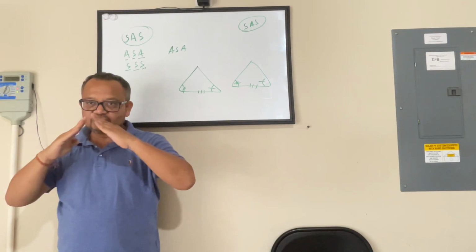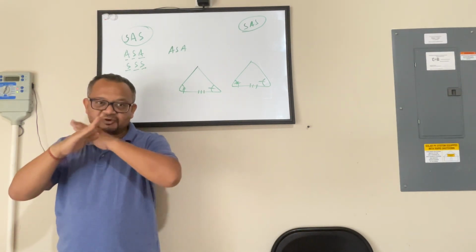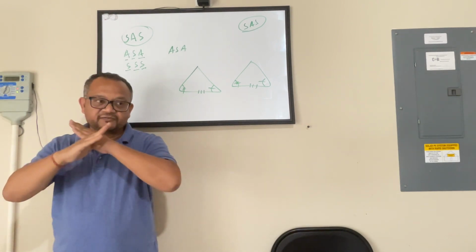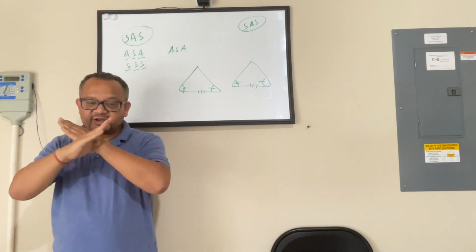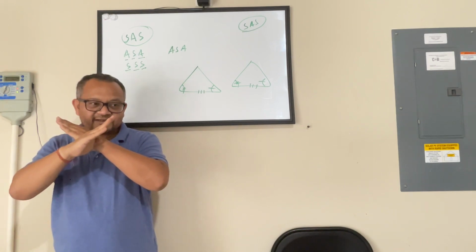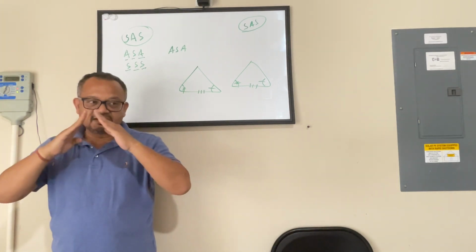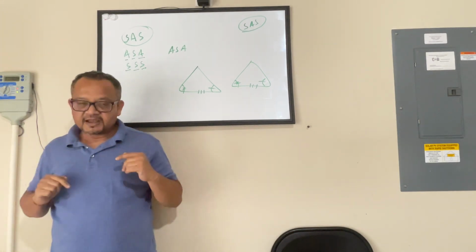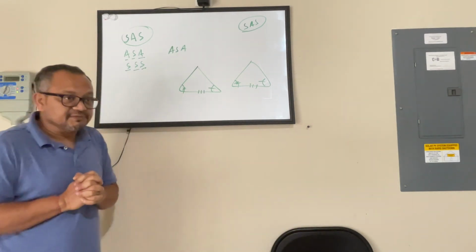If I move it closer, I am not changing the angle. Remember, I am not putting my hand down. I am keeping it at the same angle, bringing it closer or farther. If I bring it closer, meaning I reduce the distance between my elbows, my arm becomes shorter. If I increase the distance between my elbows, my arms become longer. This is one practical example. Now, if you have to prove this mathematically,